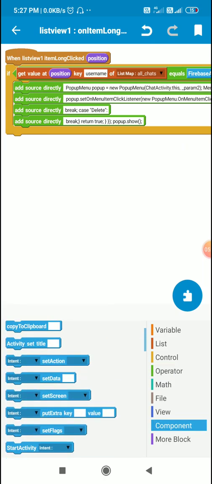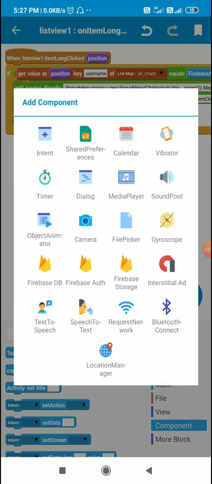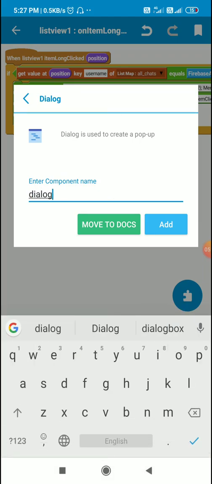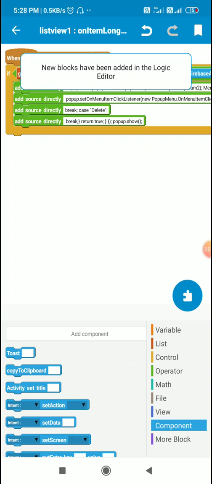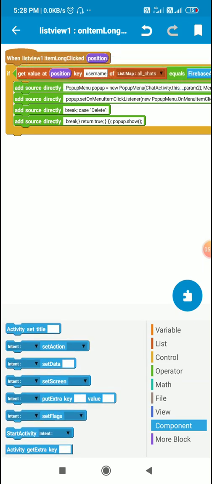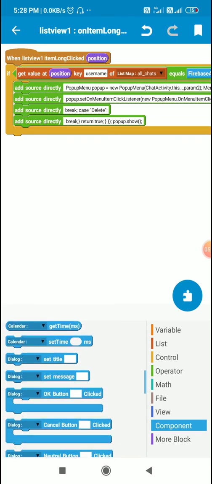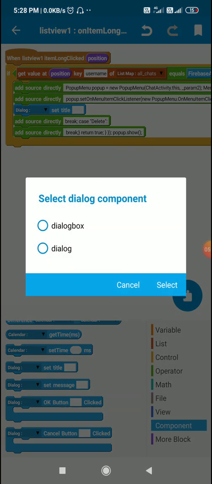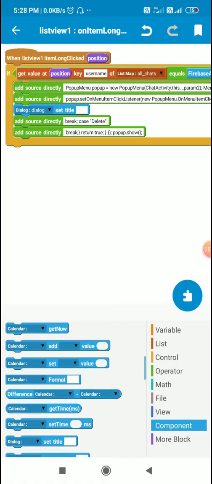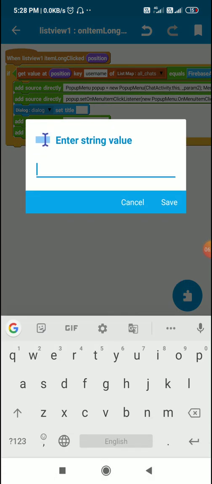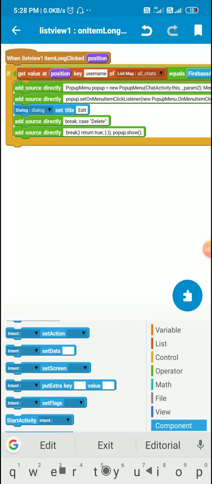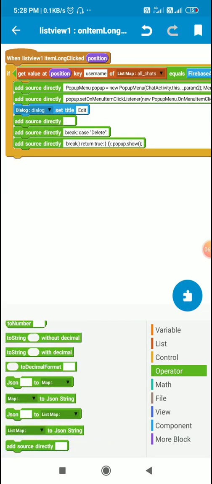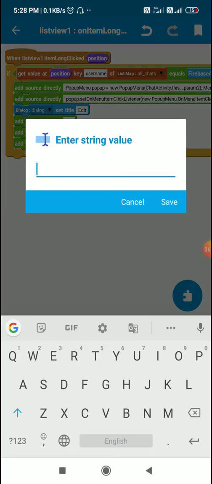For that I will create a new dialog component, dialog set title, edit. And after this I will use an add source directly block and I will create an edit text programmatically.